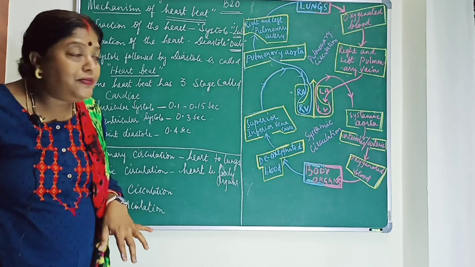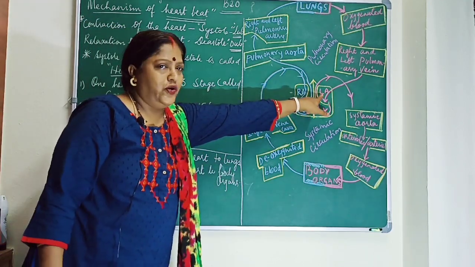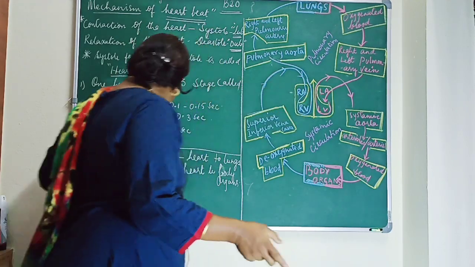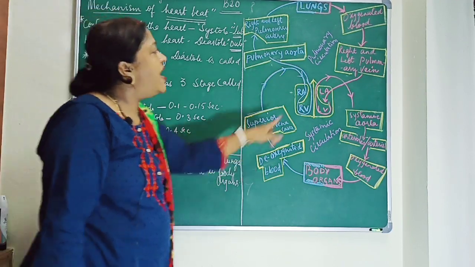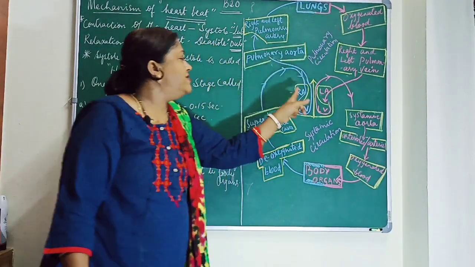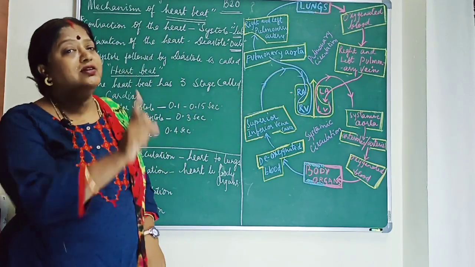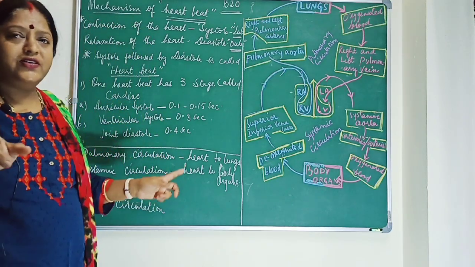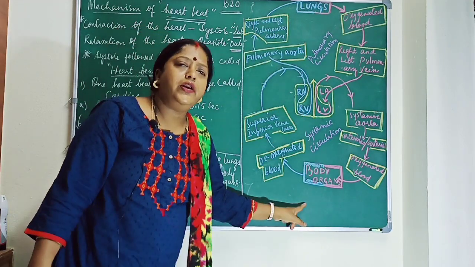Understood, children? So pulmonary circulation starts with deoxygenated blood and ends with the left auricle. Flow chart, okay, which I will be sending you later. And systemic circulation is the flow of blood from the heart to the body organs, starts with oxygenated blood and goes till the right auricle. Okay, and if the blood flows in both the circulations, then it is called double circulation. Okay, so that is from the heart to the lungs and from the heart to the body organs.